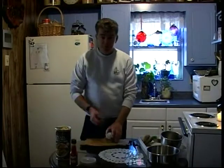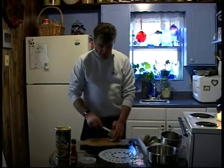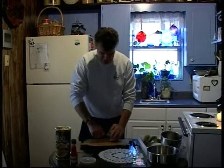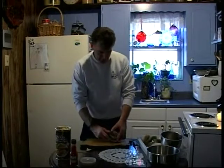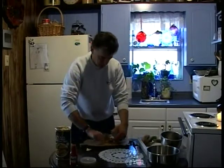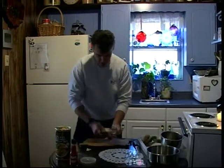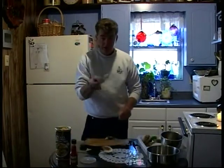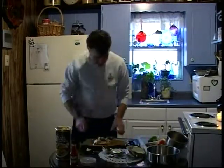Alright, I put my vegetables in the microwave, and now the quahogs have cooled down a little bit, and I'm going to cut those mussels like I said I would. You don't want to really break the shells if you don't have to, because you want to stuff these. So you take your quahogs out, then you have a shell that you're going to stuff. So now that they're all shucked, and that didn't take long,